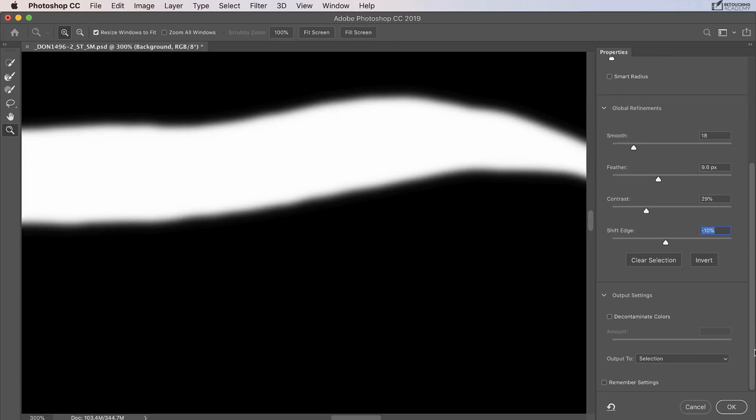Then you've got your output settings. And you can decontaminate colors. And this is just when you've made a selection of something that is against a strongly colored background. You don't want that background color to bleed into the edges of your selection. Decontaminate colors will do that for you, but it's not always perfect, so you might want to be careful with